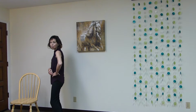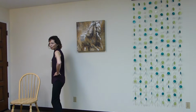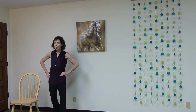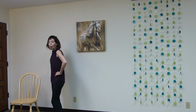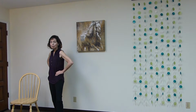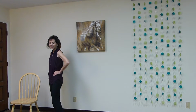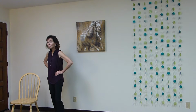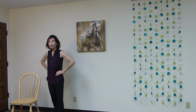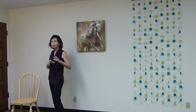See how I'm moving my whole pelvis. So my leg is coming along for the ride. Or I can keep my pelvis relatively still and move just the leg in the hip joint. Now that sounds simple, but you'd be surprised at how many people are not clear about those differences when they're